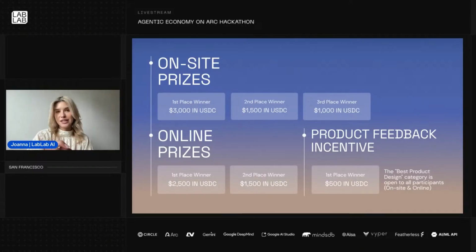And how to differentiate between the on-site and online teams. Teams can be from 1 to 6 people. If at least one person from the team is present on-site in San Francisco, this means that you're a hybrid team, so you qualify as the on-site team. So you've got your representative there. And if all of the team members are building fully online, then you qualify as the online team.